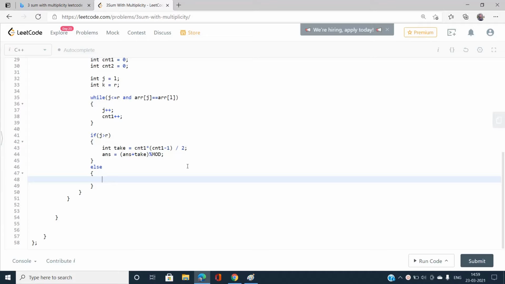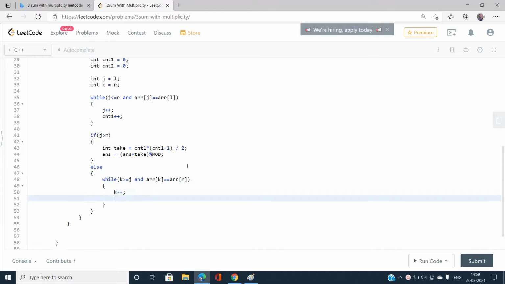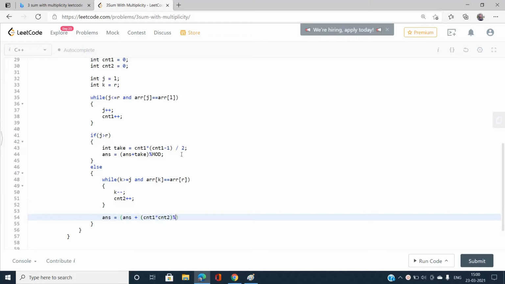So I need to write while k is greater than or equal to j, and array of k is exactly equal to array of R. So we can decrement k and increment count 2, and once that is done, my answer would be answer plus count 1 into count 2 modulus mod. This might exceed 10 power 9 plus 7, so I need to take the modulus.